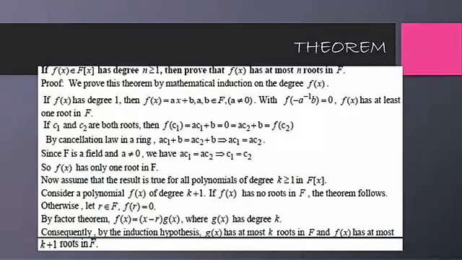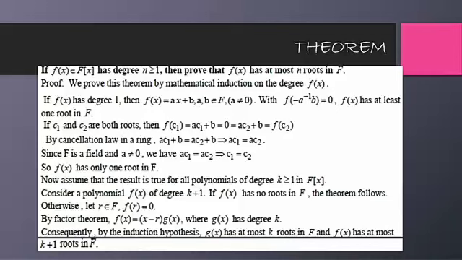If f of x is degree 1, then f of x is equal to ax plus b. So you may wonder how this ax plus b came. It's just a normal representation of the polynomial. You already remember your polynomial starts with a0 plus a1x, etc. So a0 is replaced by b here and a1 is replaced by a for convenience sake. Right. So now f of x is equal to ax plus b, where a and b belong to capital F